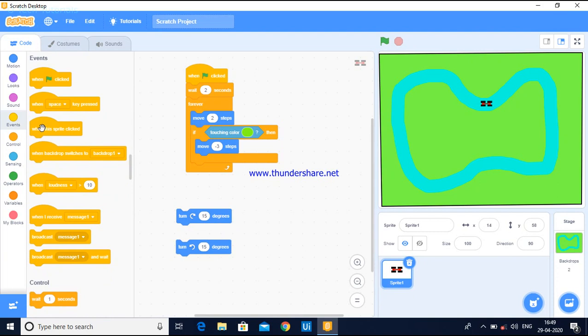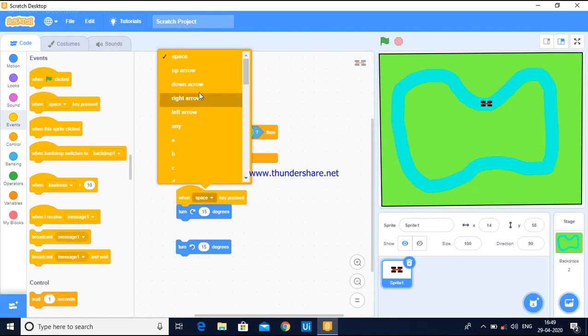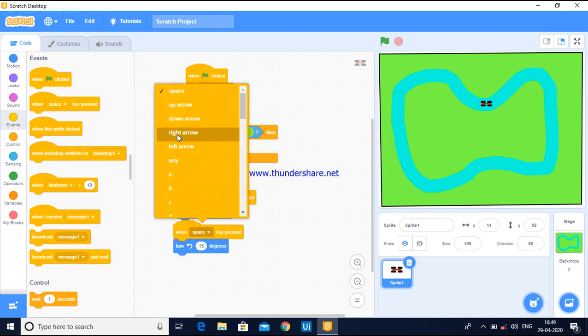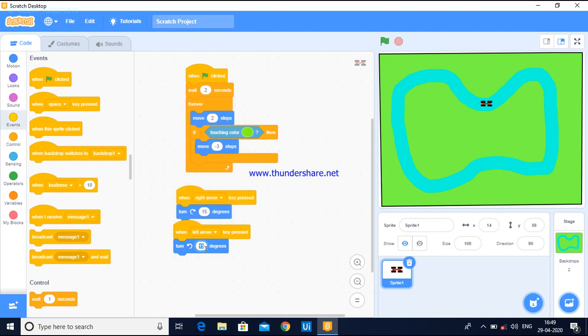in events, when I press some key. Okay, so suppose if I press the right arrow, this should happen. If I press the left arrow, this should take the left direction of 5 degrees, 5 degrees each. Okay, so